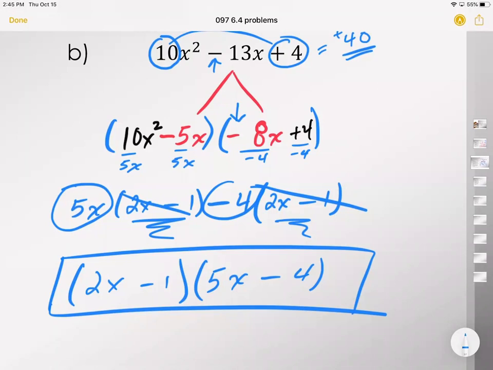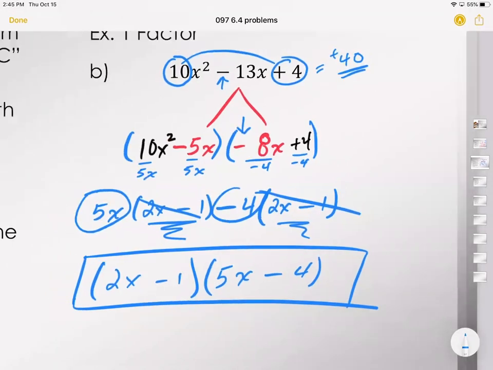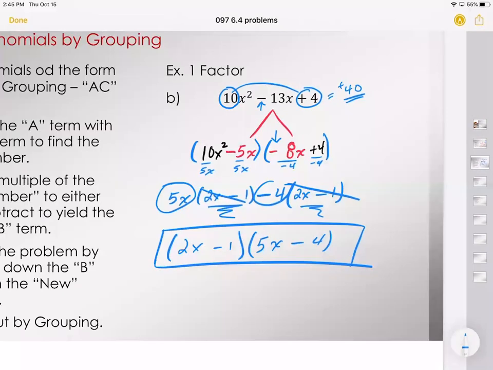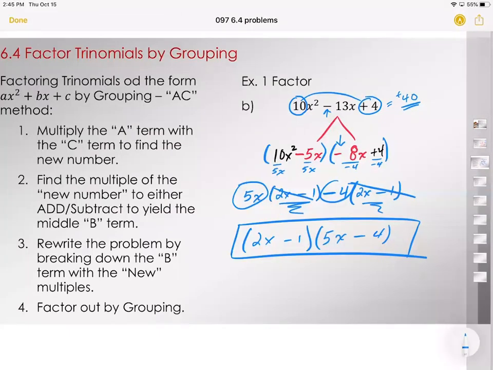Okay, so if you're in doubt, you can always test this out. You can always FOIL this. Yes, this works with the previous one. Like I mentioned, the previous method is the same. The only thing they tell you to do is factor, right? So you either do the try and error,